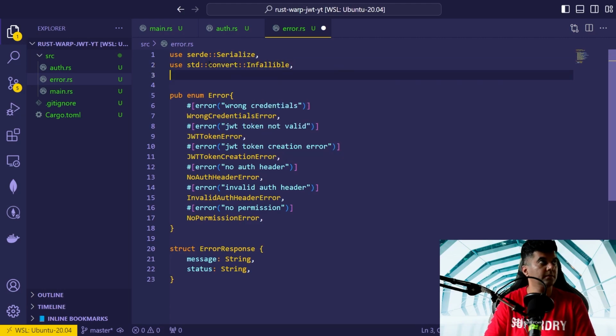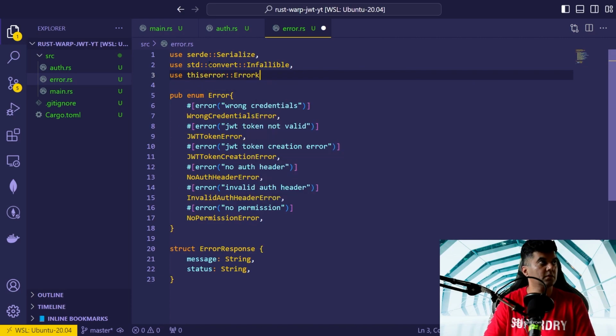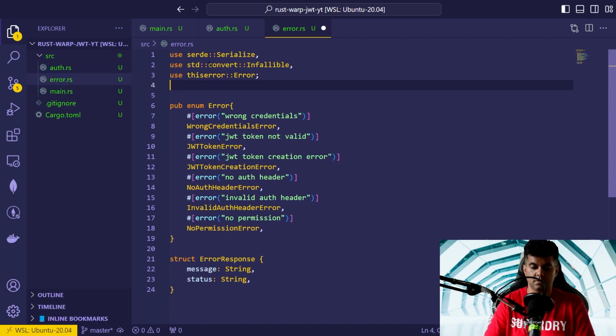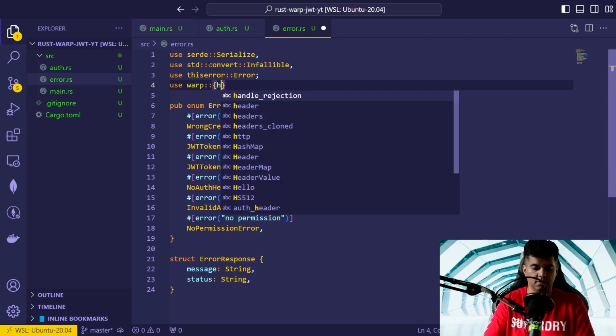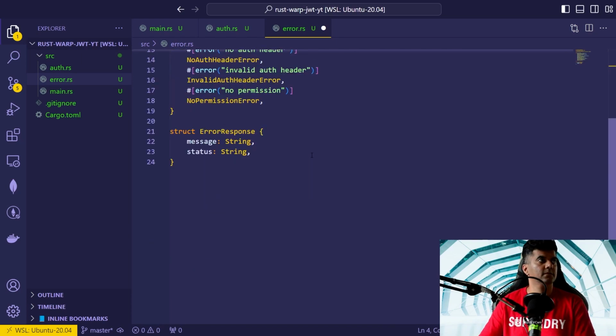because I'll be using this and this as well, so I'm just making them right now so that I don't have to come back here. Use warp, because obviously we'll use warp here as well. HTTP::StatusCode, Rejection, Reply. Awesome. Okay, now that we have everything,